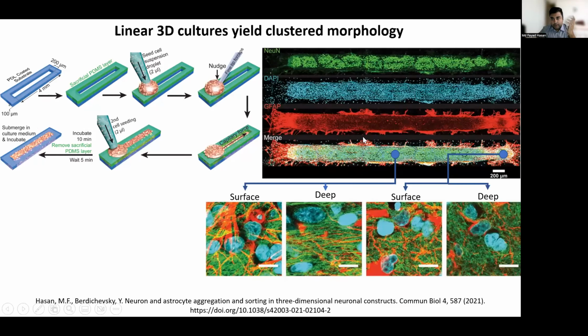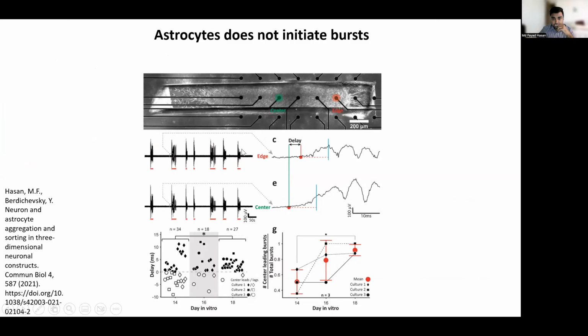To play more with it, we made these long elongated cultures. Here we saw that in these cultures, at the center of the culture, the neurites are aligned. This is important because in our brain, the neurites are normally aligned, and neurite alignment is a big topic of research. So we showed that that can happen. And then we provided a mathematical model that can describe all of these things.